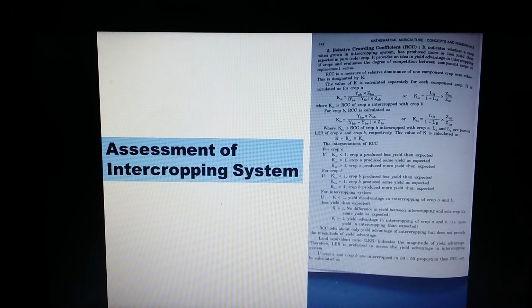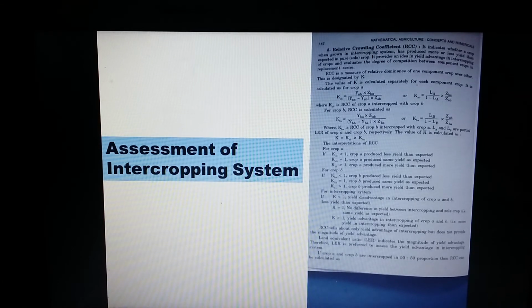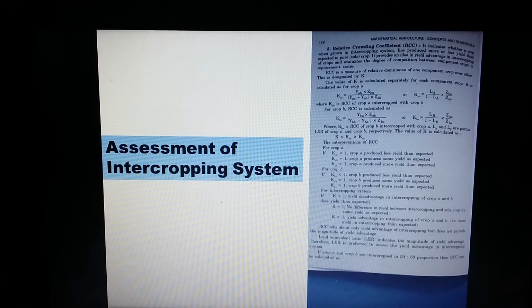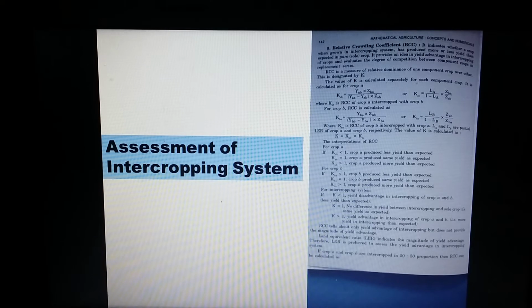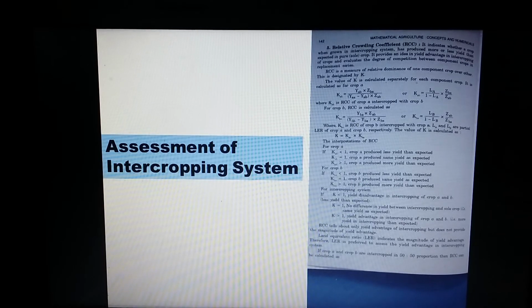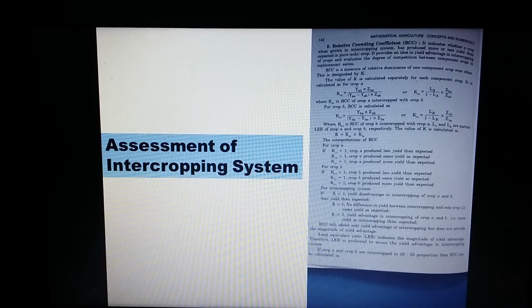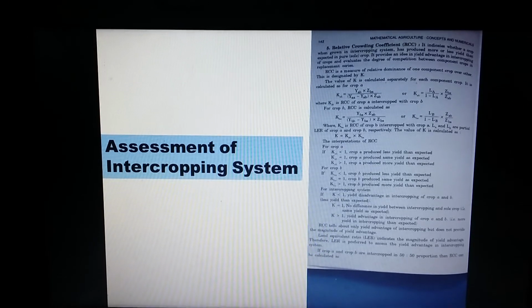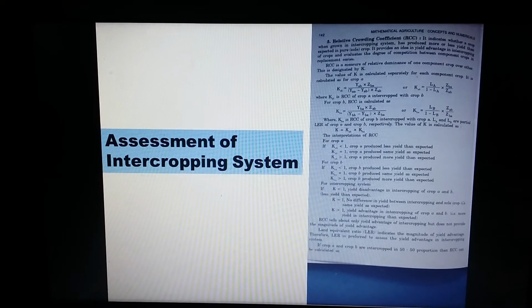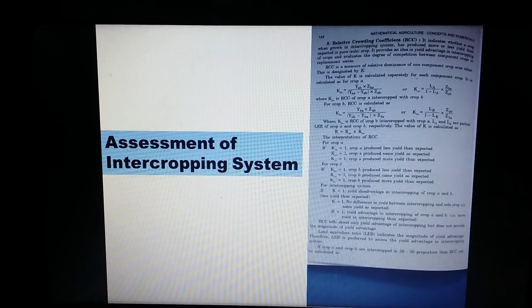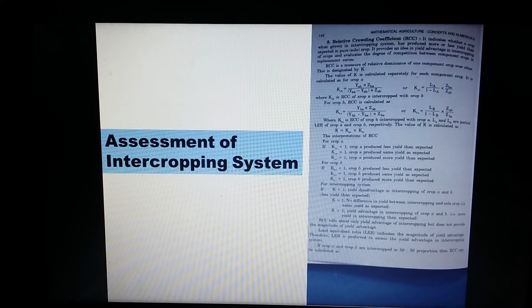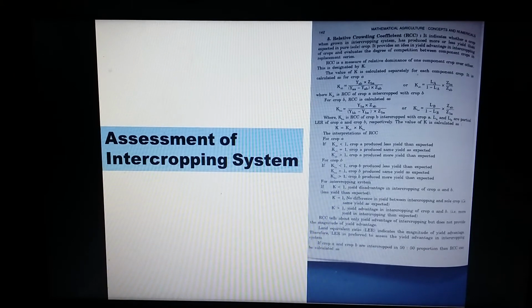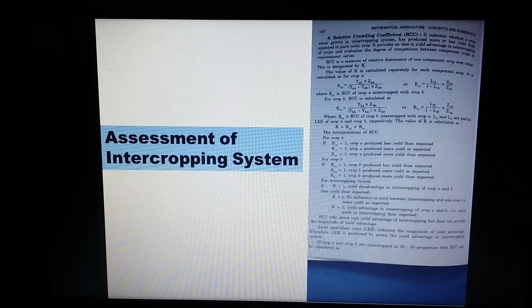more yield than expected. For crop B, if the relative crowding coefficient is less than 1, then crop B produces less yield than expected. If the relative crowding coefficient for crop B is equal to 1, that means crop B produces the same yield as expected. If the relative crowding coefficient for crop B is more than 1, that means crop B produces more yield than expected. So for the intercropping system, if the relative crowding coefficient for a system is less than 1, that means